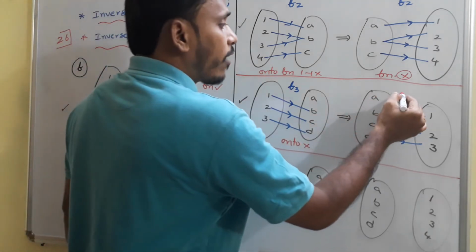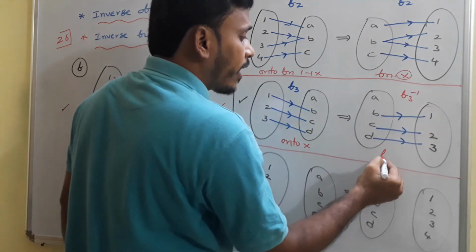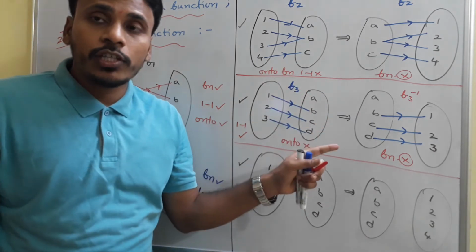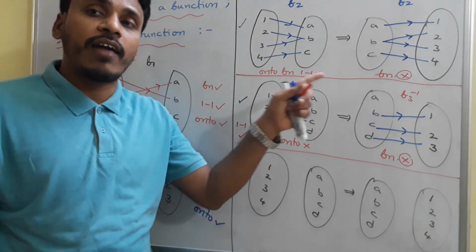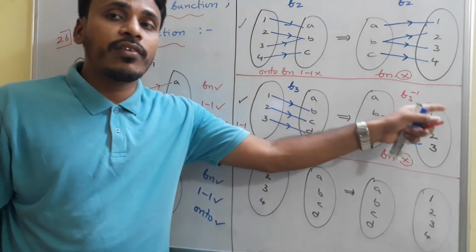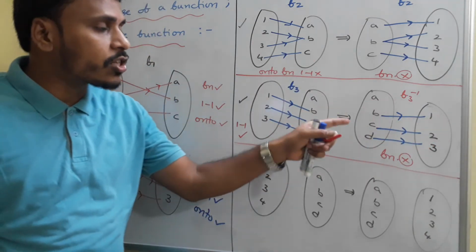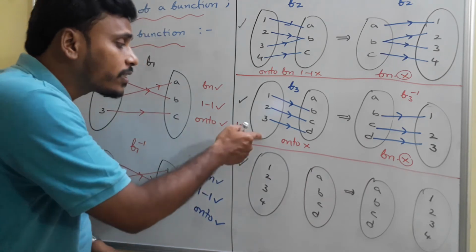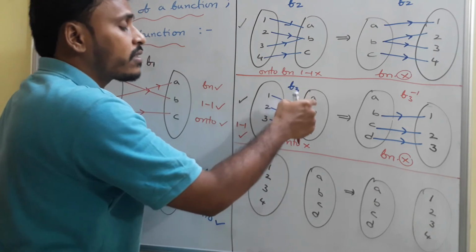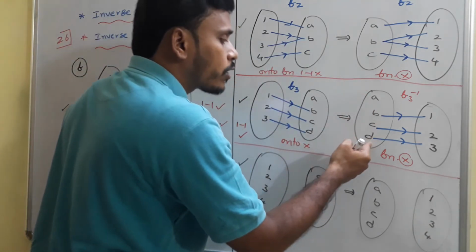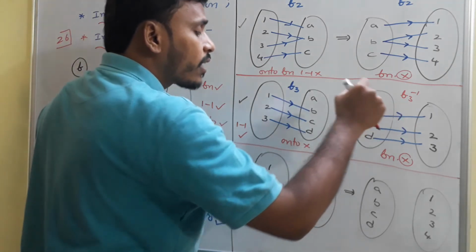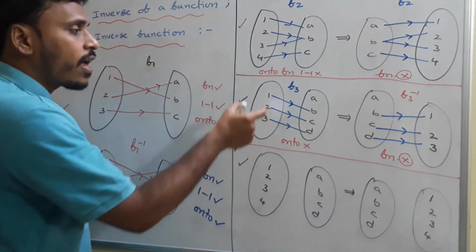Then what do you say about f3 inverse? f3 inverse is again not a function. Why is it not a function? Because as per the definition of a function, every element of the first set must have an image, but here this element does not have any corresponding image. Since it is not having any corresponding image, this fails and this is not a function. Why? Because f3 is not onto. Since it is not onto, some elements in the second set are empty. Since some elements in the second set have no pre-images, the corresponding elements of this set have no corresponding images. So to make f3 inverse a function, for sure we need to consider an onto function.